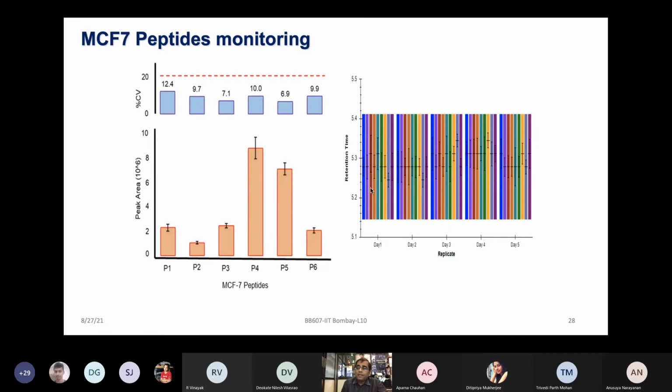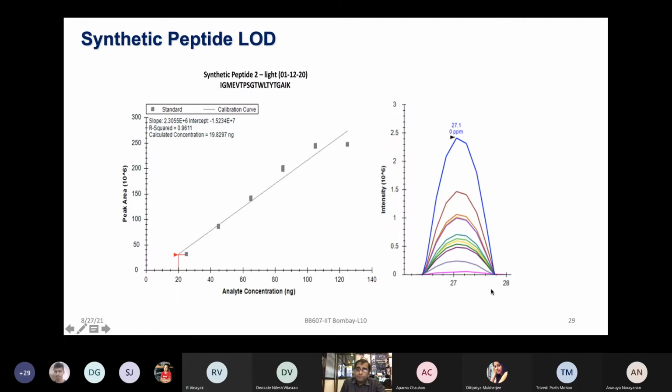And likewise, then you can take the complex samples like MCF7 or any of the other cell lines like HCT, or any popular cell line which you are using in your labs, and then try to look at a few peptides of your interest which you want to monitor, and see are you able to monitor those. And if you can do these things with the standard protein like BSA or complex samples like MCF7 or HeLa, then you should be in a position to move forward and say, okay, now I can do my unknown biological samples and do their targeted proteomics workflow as well.